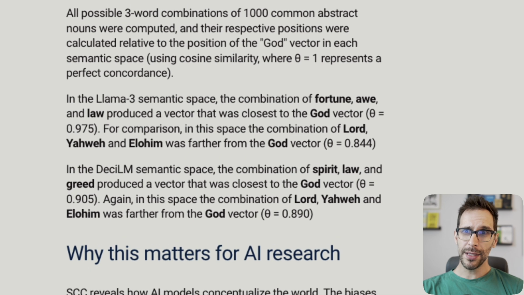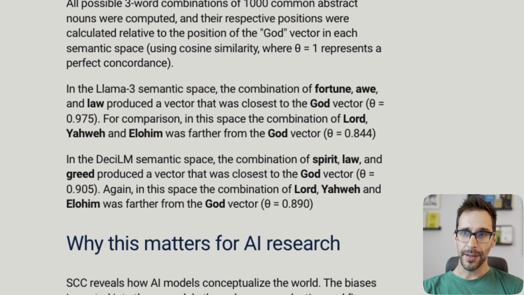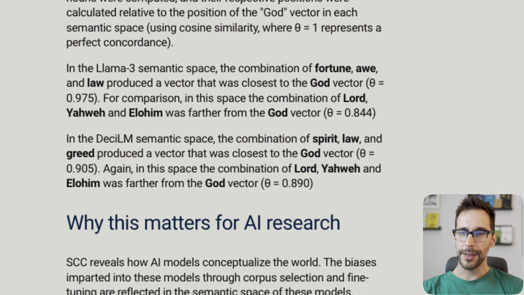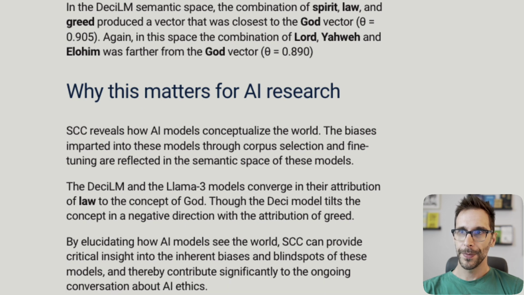But at any rate, okay, this research says that we can clarify the God vector in its semantic space using these three-word combinations. Why this matters for AI research: SCC reveals how AI models conceptualize the world. The biases imparted into these models through corpus selection and fine-tuning are reflected in the semantic space of these models, right? They're not equivalent. They didn't give us the same answer. They gave us different answers with the overlap on law, which, as I say, is conspicuous and interesting and promising